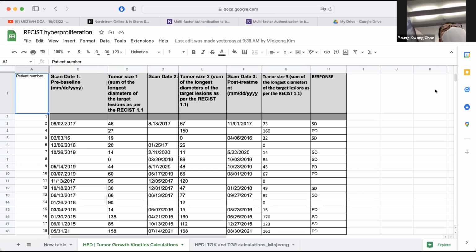Well, I understand she's helping you troubleshoot, but my question is, do you need to learn something more to do the analysis? I think for the analysis, I'm quite okay with the counting that she already helped us with, because she also already helped us make the table in the Google document. So I feel like soon it will be done, like by this week, for the calculations for the TGK and